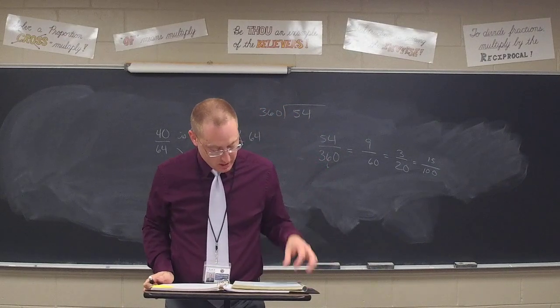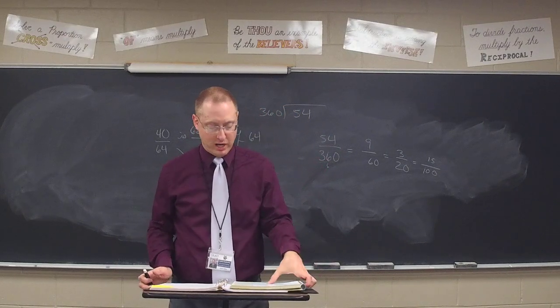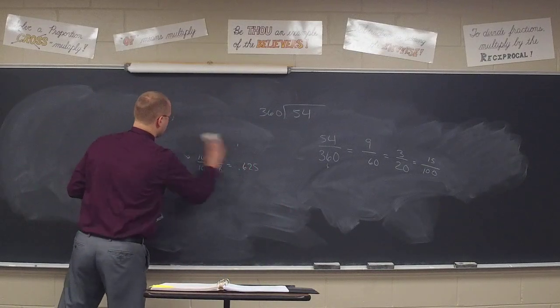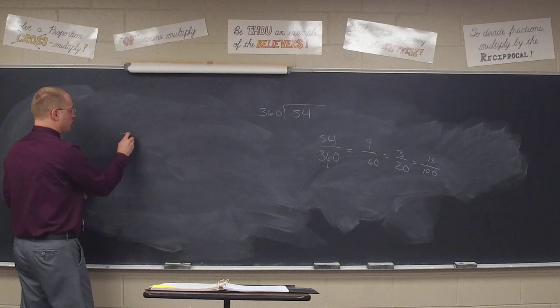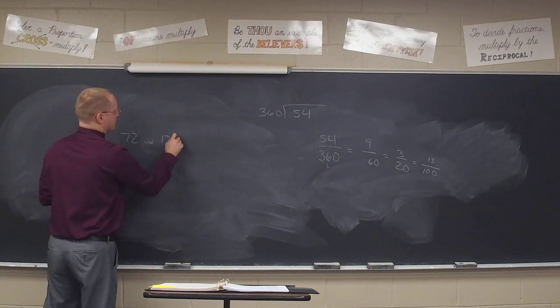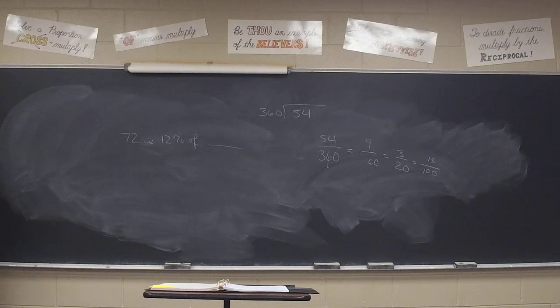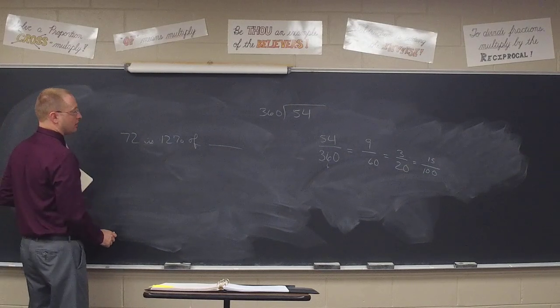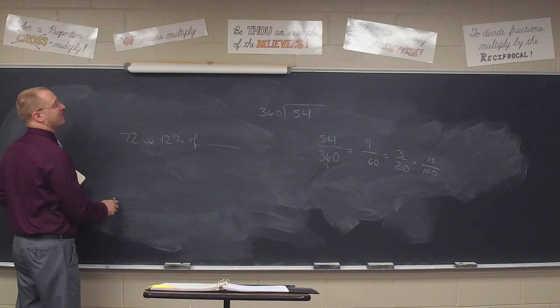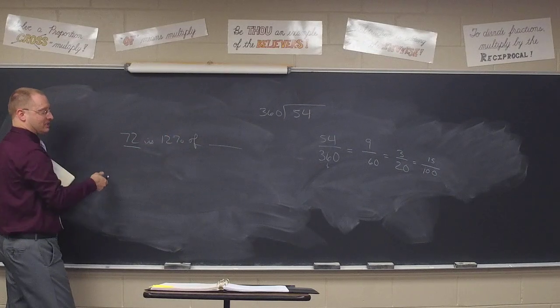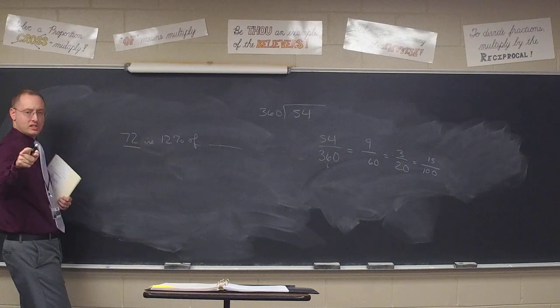Number 37, 72 is 12% of what number? How do we set this one up, Bryson? Well, number 37, it says 72 is 12% of what number? How do we find the base? Or you do 12 divided by 72. The other way around. 72 divided by 12. Good. In any case, we take the first number, we end up dividing it by the second number, but it's not actually a 12, Bryson,